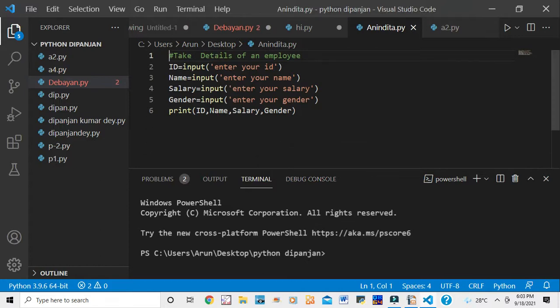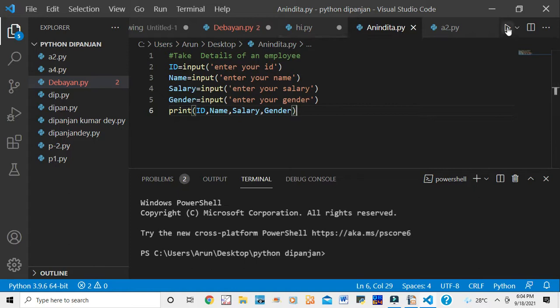So this is my program. Now I want to run this program. After saving, you can see this is in my VS Code, this program is showing as Anindita.py.